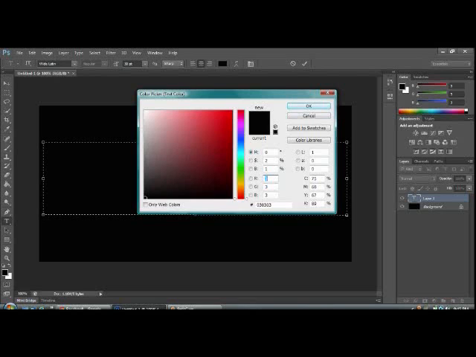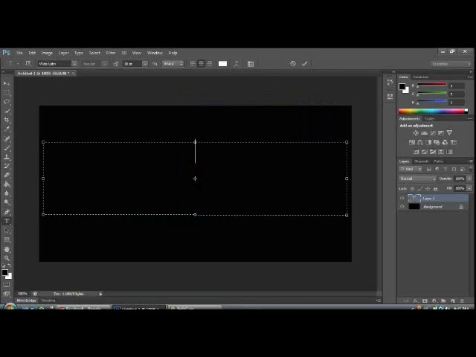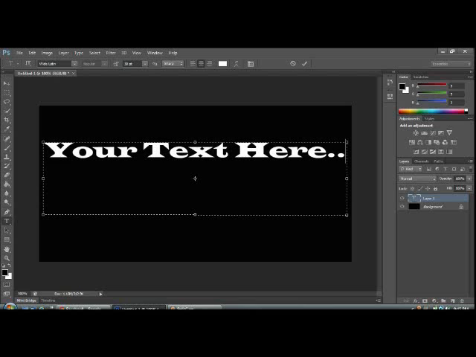Make sure that your font color is white in order to appear on your background. Then start typing, for example, your text here. Then click the check.